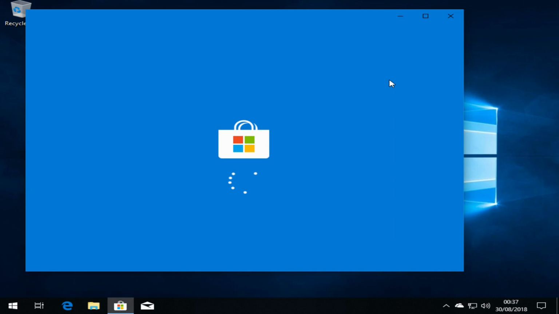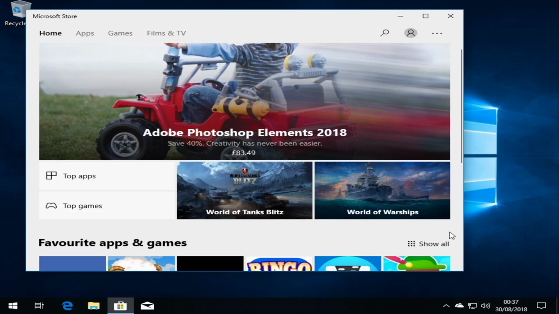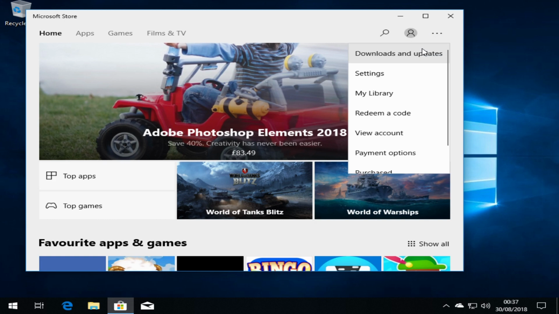Click on the shopping bag icon to open the Windows Store. Once the loading screen has disappeared, you will see the store front. The content of this page changes regularly, so don't be surprised if it does not resemble this one. Move your mouse pointer to the three dots in the upper right corner and click. From the menu that appears,